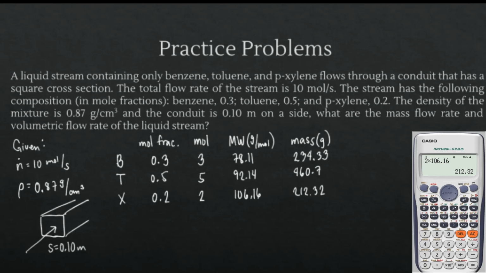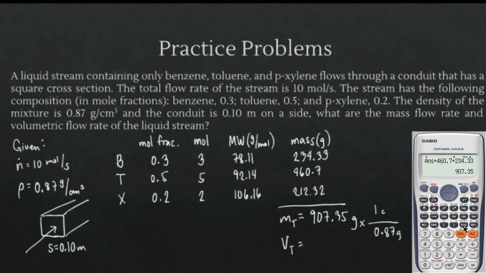From here, we can determine the total mass of the system. That is 907.35 grams. The total mass of the system can be converted to the total volume of the system by using the value of the density. To get the total volume of the system, we simply divide the total mass with the density. That's divided by 0.87 grams per cubic centimeter. Our total volume is